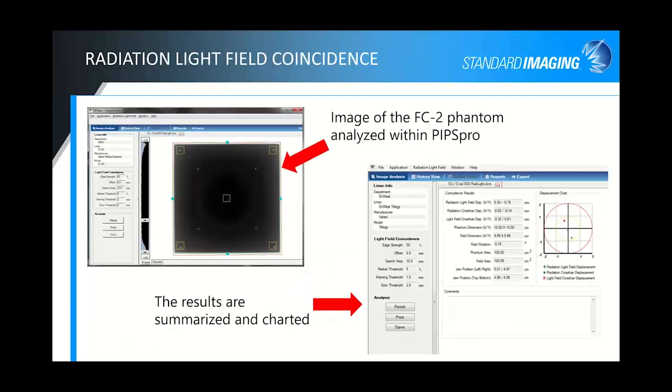For the radiation light field coincidence, we use a specific phantom developed by Standard Imaging called the FC2. Basically, it's a square phantom that gives you the chance to check either a 10 by 10 or a 20 by 20 field. There are embedded fiducials within the phantom, and you can see those for the 15 by 15 field on the outside here, boxed with that yellow square. The software will automatically find those fiducials and calculate the radiation edge compared to the field edge,